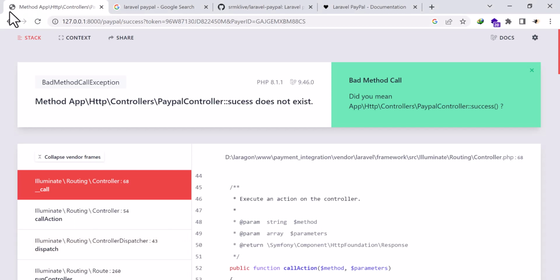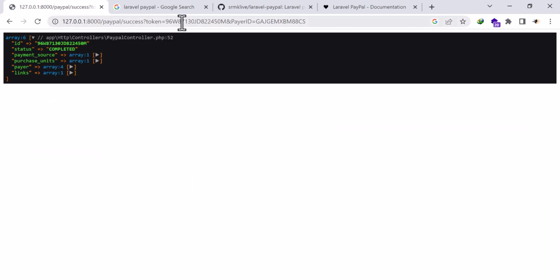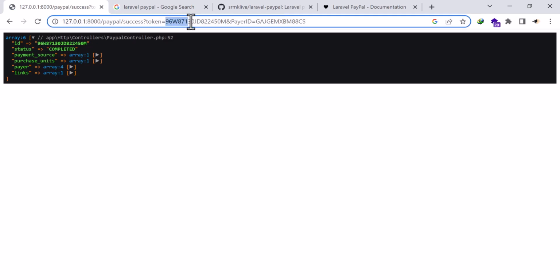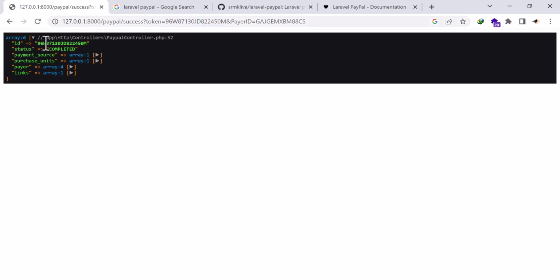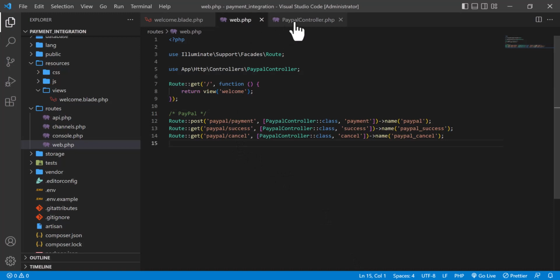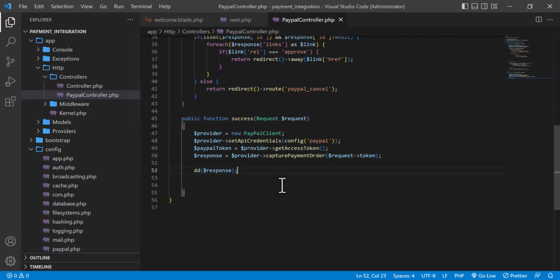Okay, now if I refresh, probably it will not work because the token will be missing. No, it is working. Okay, as there is a token value, so it is working. So you see that when a payment is done, you will get the information. Here is the ID, here is the status completed. This status I will need. As I have all the information of that, what I will do,